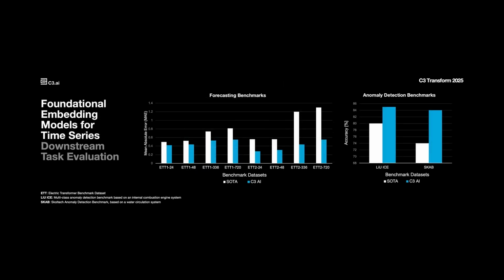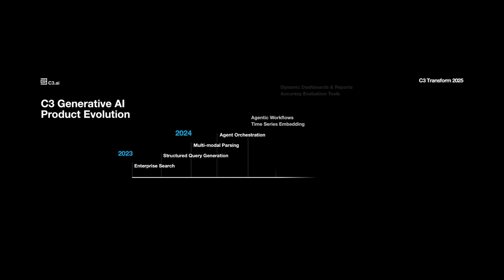And we've had great results. We've benchmarked ourselves. The left-hand chart is a benchmark for forecasting. Lower is better, blue is our model, white are state-of-the-art benchmarks. You can see in some cases we're 100% better than state-of-the-art benchmarks. And the right chart is anomaly detection. Blue is our model again, white is the state-of-the-art, and we're exceeding the state-of-the-art in this case. These models we think are going to be revolutionary. It's going to change the game for how small ML models are used, and I think over time replace a lot of them.